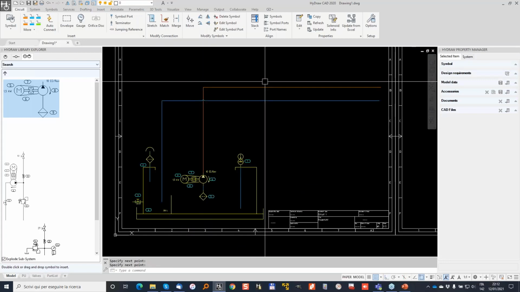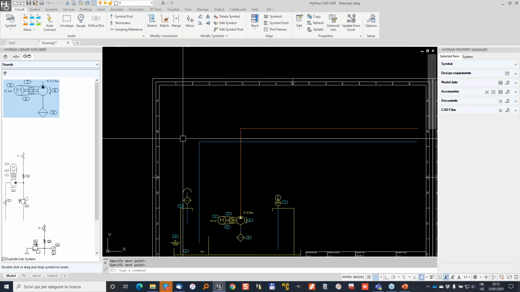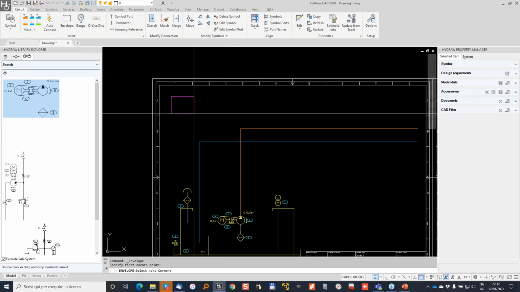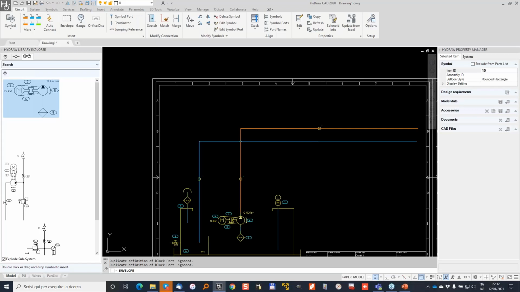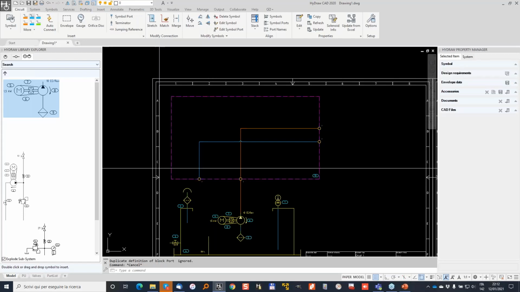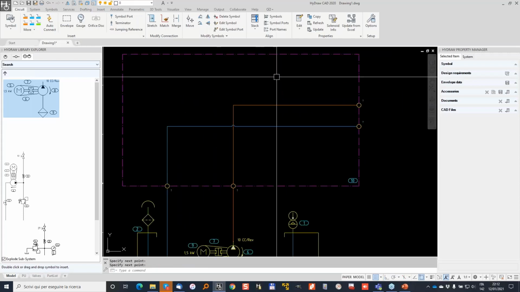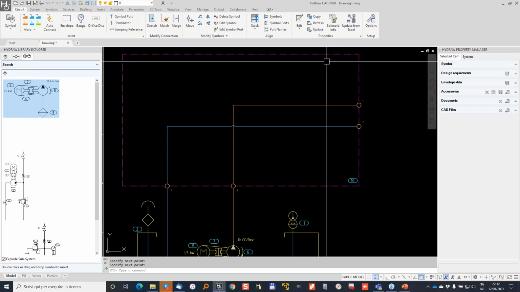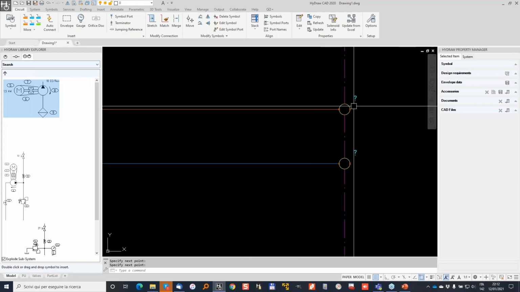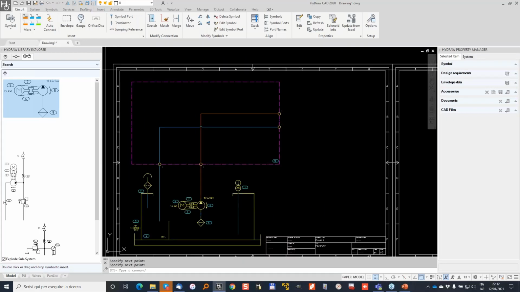And now let me start bringing some symbols inside. So basically, I will need a manifold here. So with the envelope, I am creating my manifold here, where then I will put some items. I wanted to have the tank port going here. So please notice this behavior. When you create an envelope that is crossing connection lines, the envelope will break the connection line into external ports, if the line